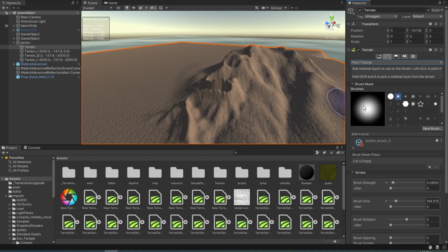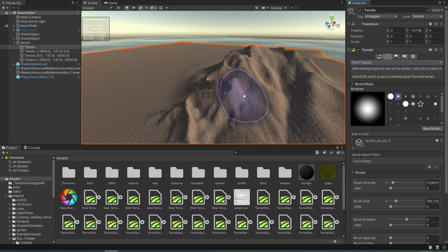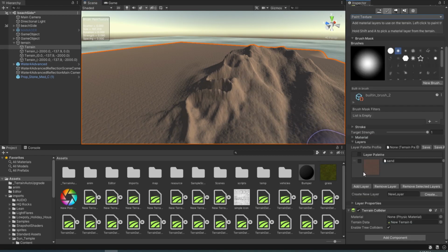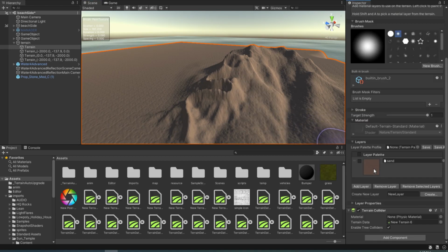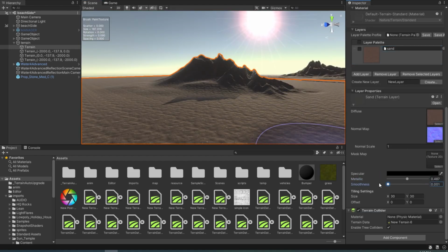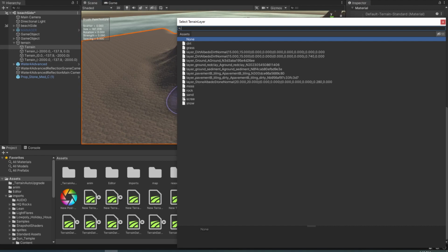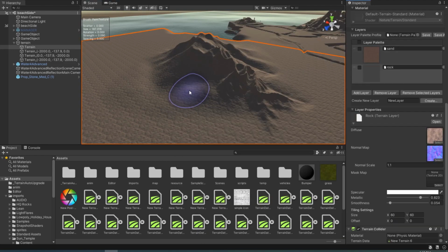And what the terrain tools does is add us all these attributes for the brush size and the brush rotations. But what it also adds is these materials. So what you can do is select one of these materials, and then you can change the metallic, which doesn't look as cool. And then you can obviously change the smoothness. But what is most important is that when you add these terrains, so you add a rock texture, and then